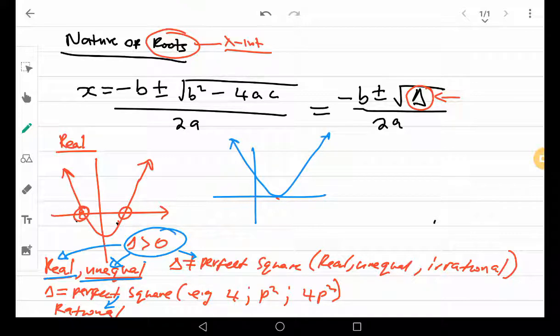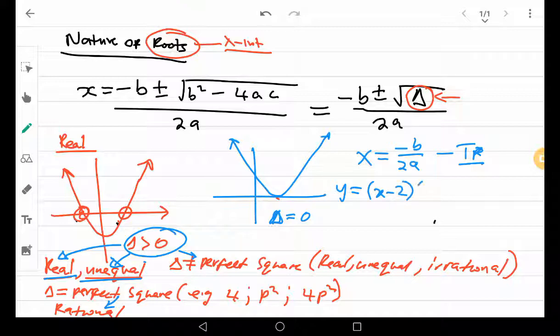This one is when our delta is equal to 0. So if delta is equal to 0, what remains is x equals minus b over 2a, because the square root part becomes 0. So it is the turning point, which means the turning point is on the x-axis. For example, maybe y is equal to x minus 2